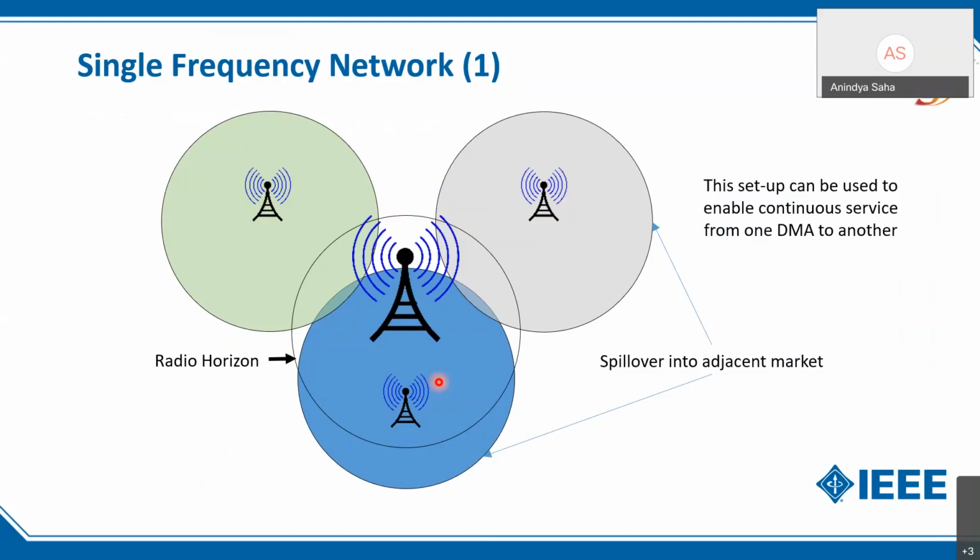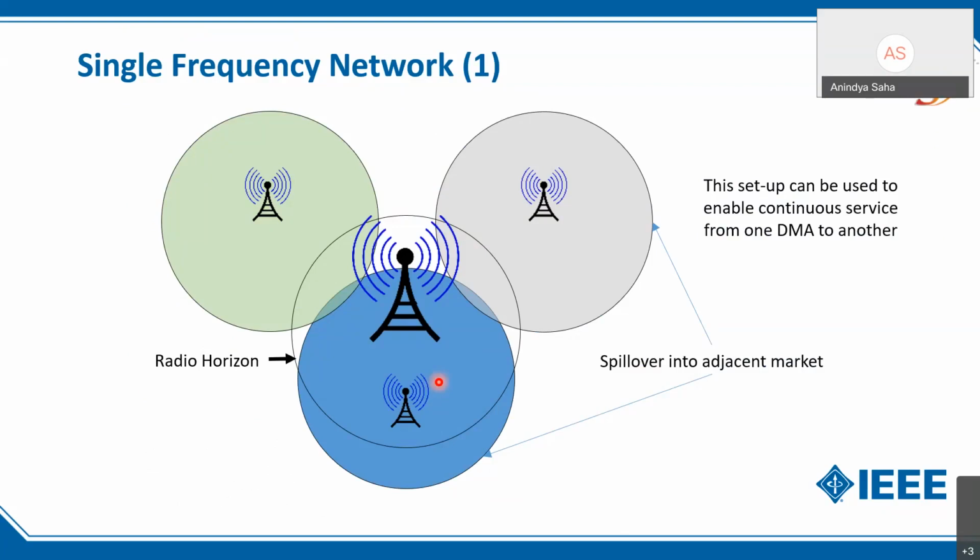In this case, we are showing that if you have a single transmitter, the radio horizon will be limited. But if I want to extend it to more markets, I will install multiple of these so that I can go from one DMA to another. DMA stands for designated market areas. Yes. So imagine, let's say from Bangalore, all the way from some place in the city to the airport,